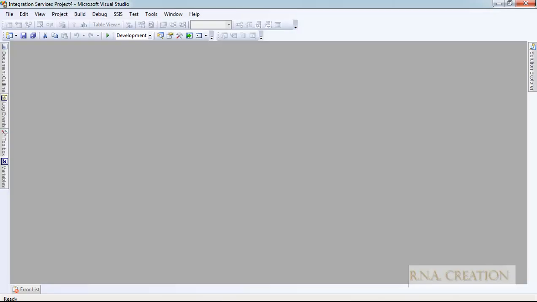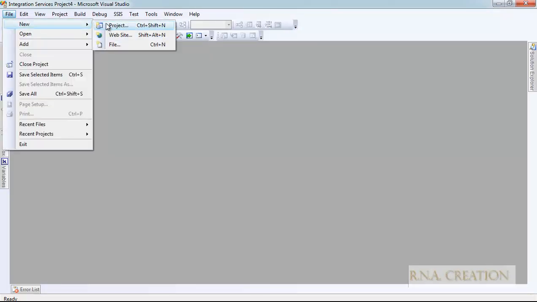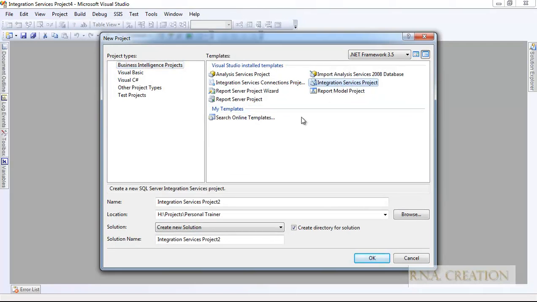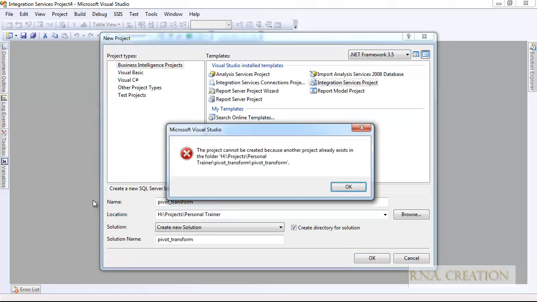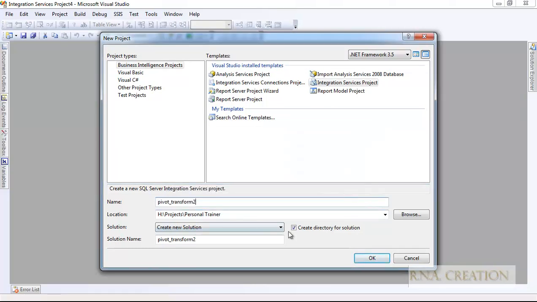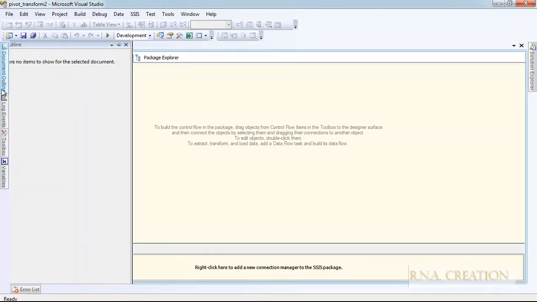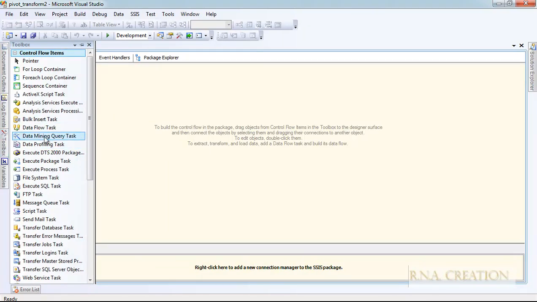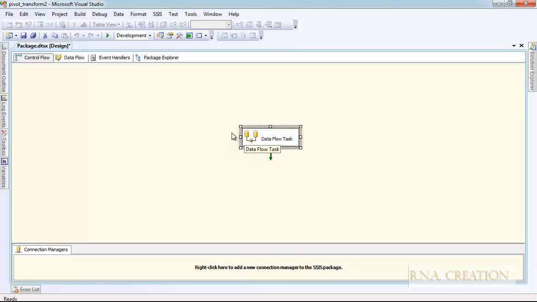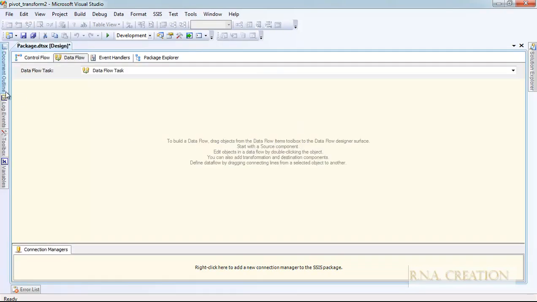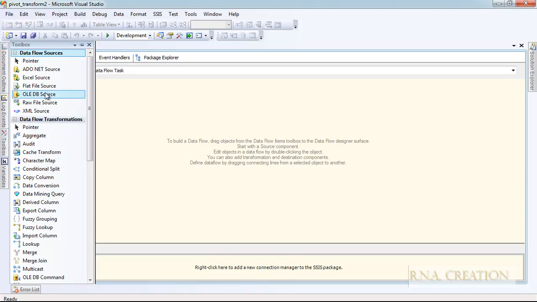Fire up Visual Studio and let's start a new project, Integration Services, and name it transform. It is already there. Let's save the transform 2. Before we do anything, just drag the data flow task into the control flow, double click it, and move to the OLE DB